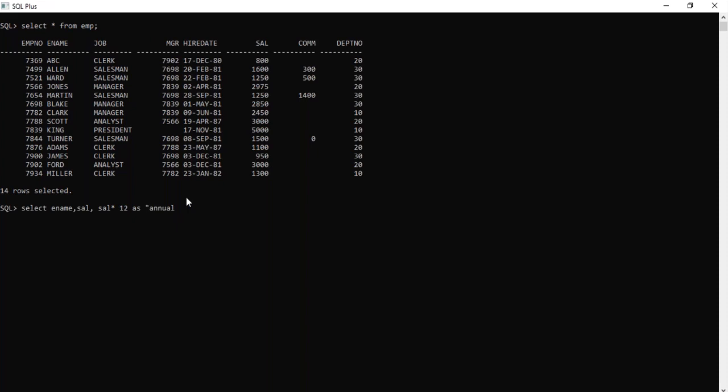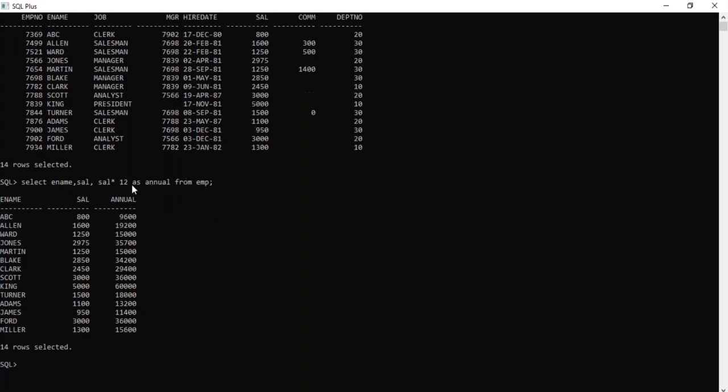This is an alias name for temporary instance. But if you are specifying two words in the alias name, like annual salary, then you have to use quotes. If you are using one word as alias, you don't need to use quotes, it will take it directly.